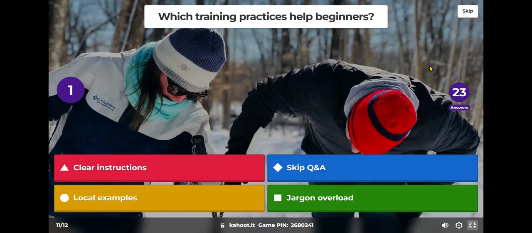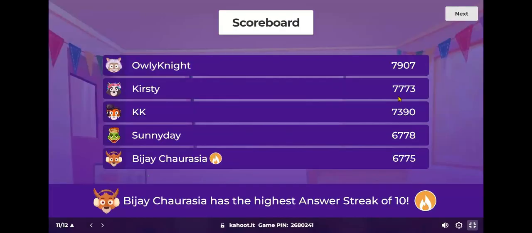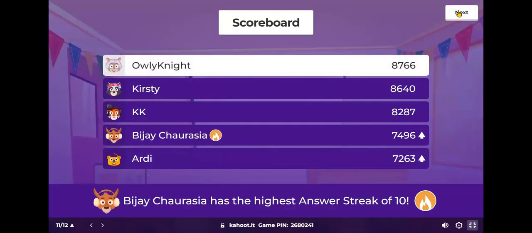A few more are thinking about it. And the right answers were clear instructions, of course, and examples are always very welcome. Let's go to the last but not least of our questions, with Owly Knight still leading the scoreboard.